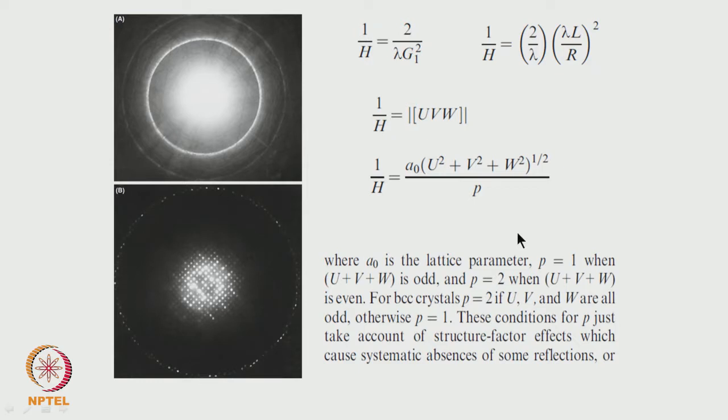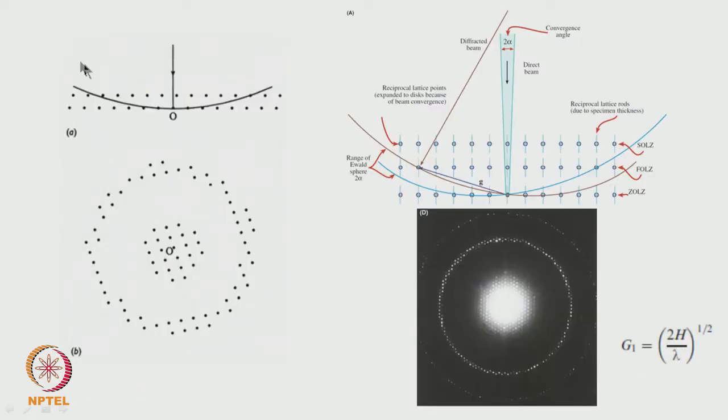And another thing which you can see here, okay, we know the Ewald sphere radius, right. If we can measure this distance, because from this part to the center if I measure, I get this distance. So where the ring cuts, that distance I can get. Okay. And this is nothing but a chord. So for the chord, the length of the chord we can find out from the geometry.